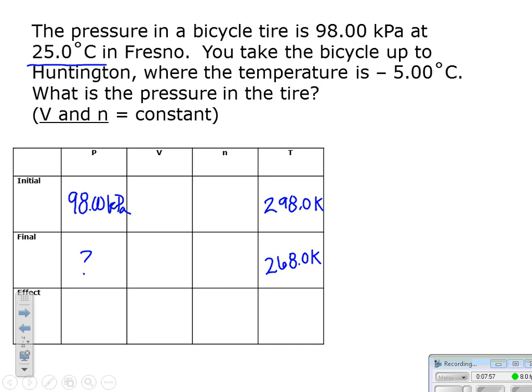So if we want to know what is the new pressure, we have to consider what's going to happen to the pressure when we change the temperature. We know that pressure and temperature are directly related, which means whatever the temperature does, the pressure is going to do also. So here the temperature is going from 298 to 268. The temperature is going down, which means the pressure inside the tire is also going to go down. So we're going to take our pressure, 98 kilopascals,